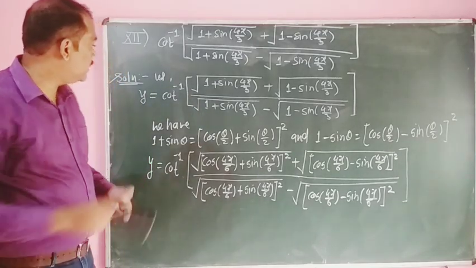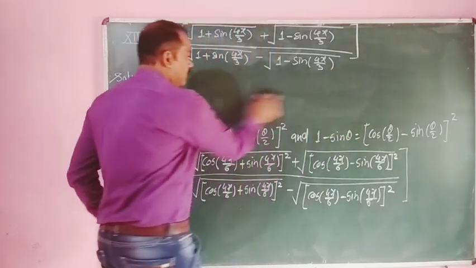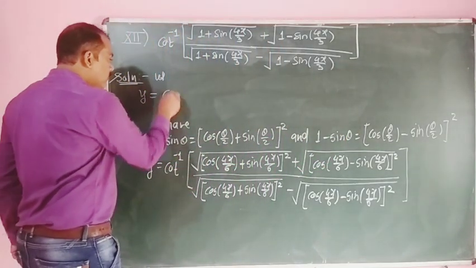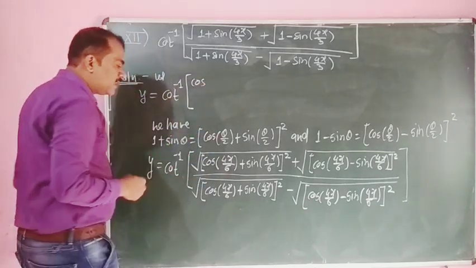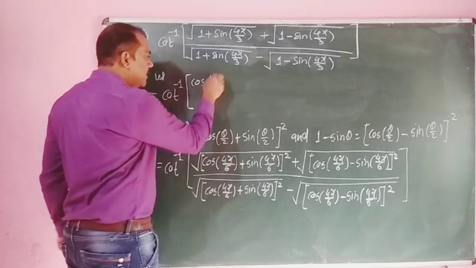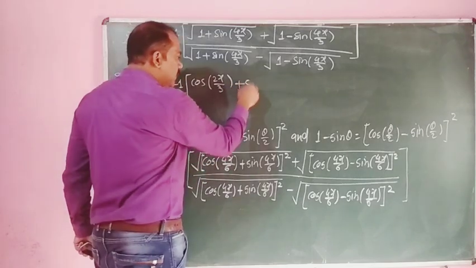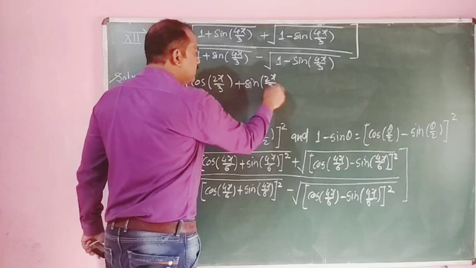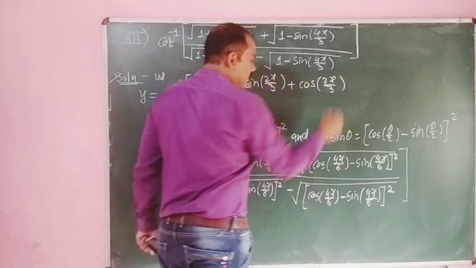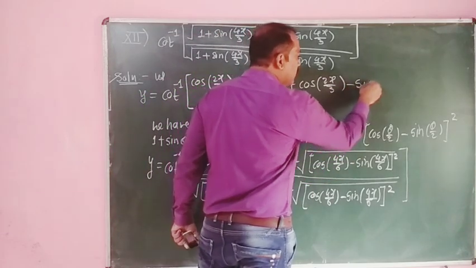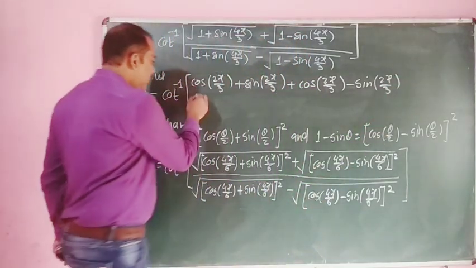So what we have to get, y is equal to cot inverse of, here we have to get cos 4x by 6. 4x by 6 is nothing but 2x by 3. 2 2s are 4, 2 3s are 6, plus sine 2x by 3 plus cos 2x by 3 minus sine 2x by 3. Due to the square and square root get cancelled, divided by,